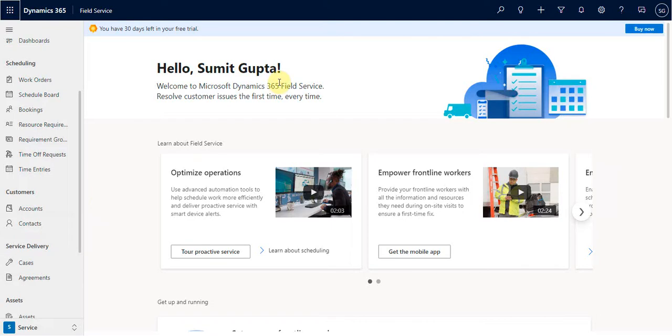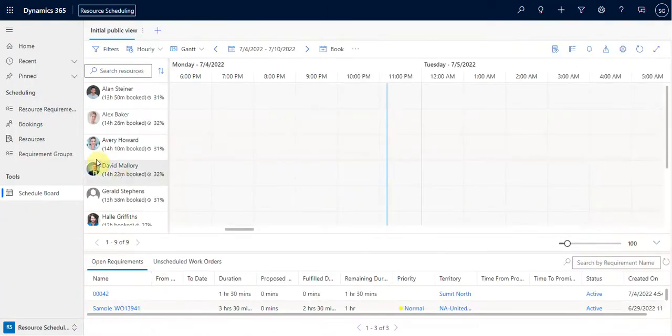One is the field service admin who manages this field service module itself. There is a dispatcher who dispatches or assigns different work orders to different people out there. There are people who work on those work order requests. So let's go. Once the work order has been created, then someone who would be logged in as a dispatcher,